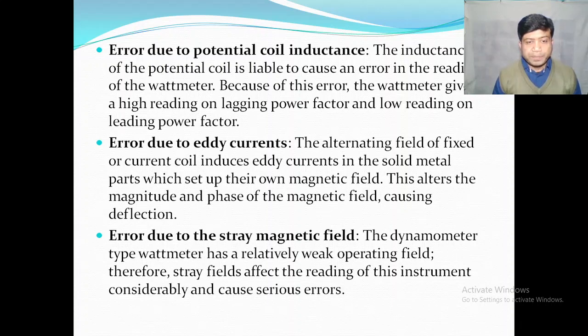and because of this weak field, they get easily affected by the fields which are present outside in the atmosphere, which could be very strong or which could be weak. But the weak field of the air coils gets affected by these fields and hence results in serious errors. So this was all about the errors in the electrodynamic instruments